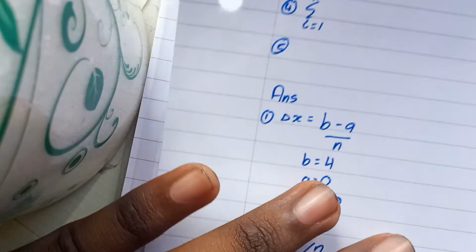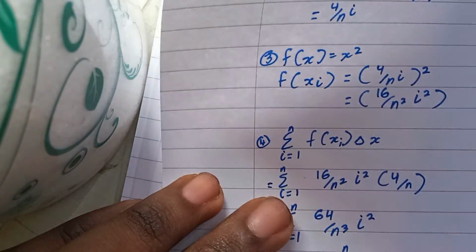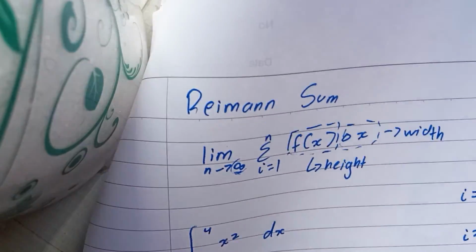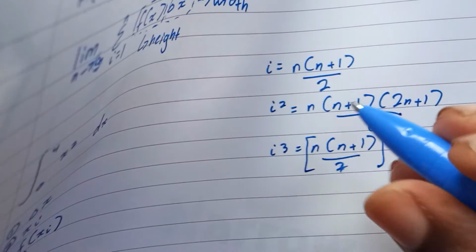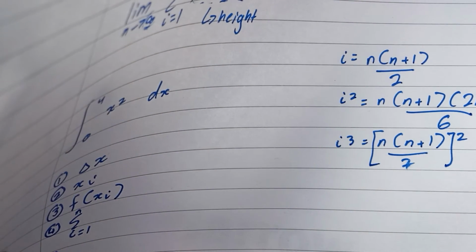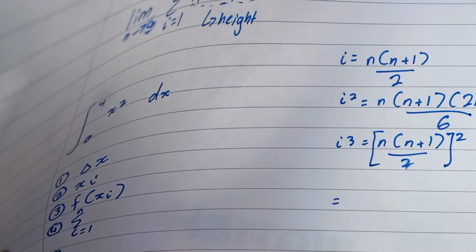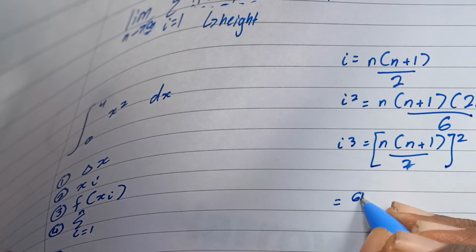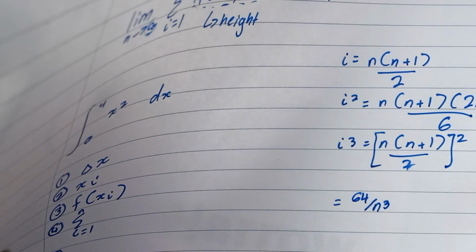So in this case it's i squared, right? So we will just substitute the value of the i squared sum here. So if we substitute that, we will get 64 over n cubed